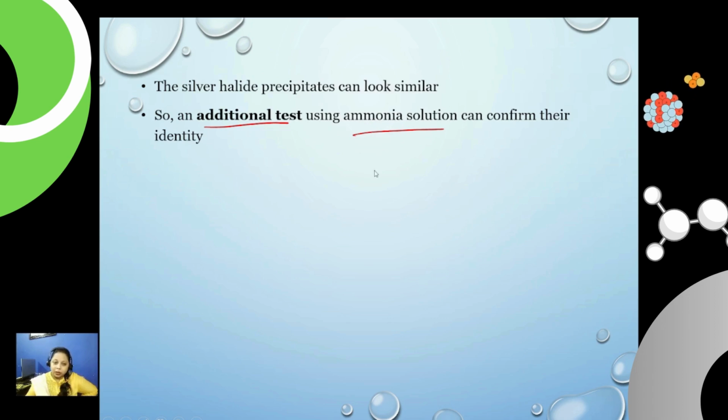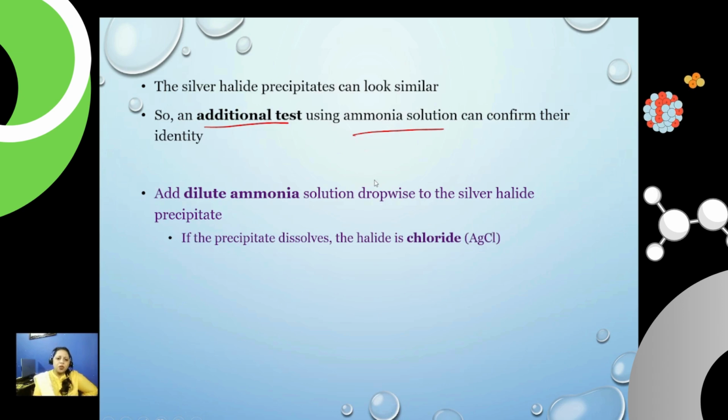There are clear indications, results that tell you this one is chloride, bromide, or whatever. First of all, you put ammonia in the first one, the chloride one. If the precipitate dissolves, it means it's a chloride. If it doesn't, it means a bromide ion is present. Simple. If it dissolves, it's chloride. If it doesn't, then bromide. If they are looking similar, because iodide is quite dark in color compared to these two, which seem quite similar,